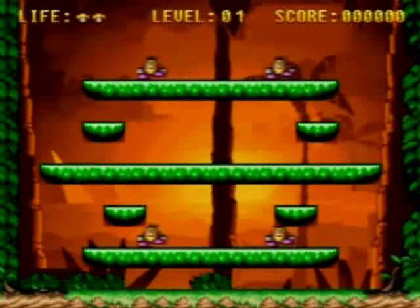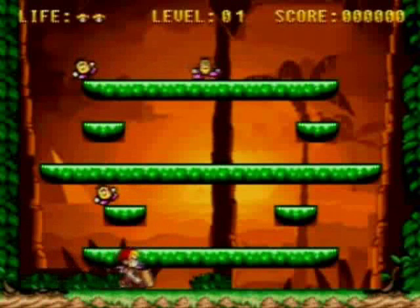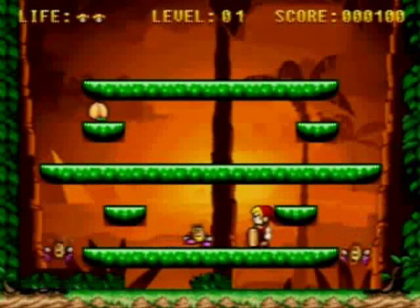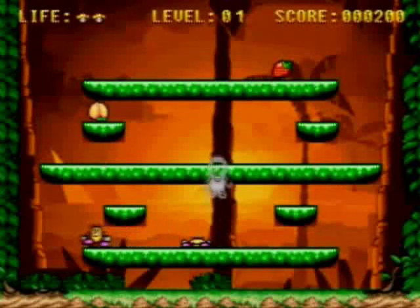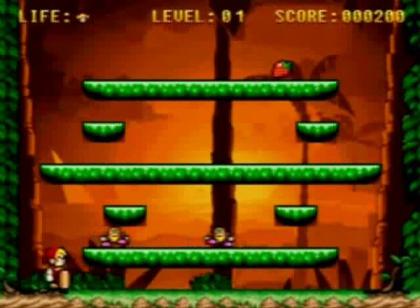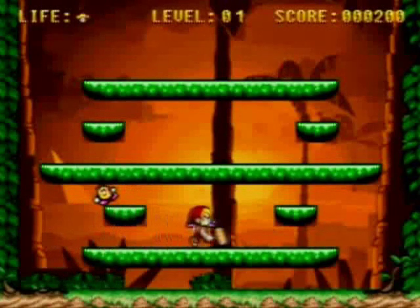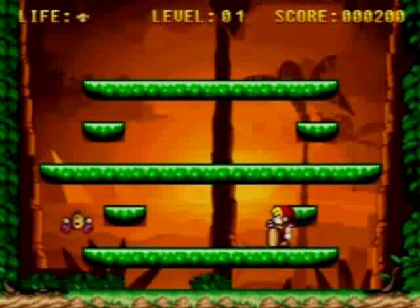It looks good, I think, but as you can tell, it's Red Link from Four Swords Adventures wielding a hammer. What you have to do in this one is smash these pieces of corn or peanuts or whatever the hell they are, and then throw them. Because if you just smash them, they don't die. You have to actually smash them and throw them to kill them. And it's a one-hit kill again, which is pretty annoying. It makes the game...